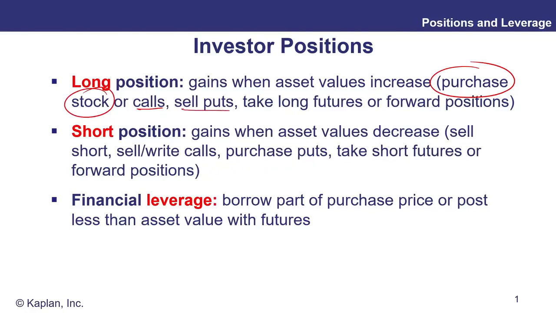More gains to be had, perhaps not quite as much, when the asset values increase, is by selling put options. Now, this is taking a short position effectively in a put option. And a put option is out of the money when the asset value increases. So the long position will not exercise it, but you as the option writer will have taken the premium, and you've got a small bit of income that way.